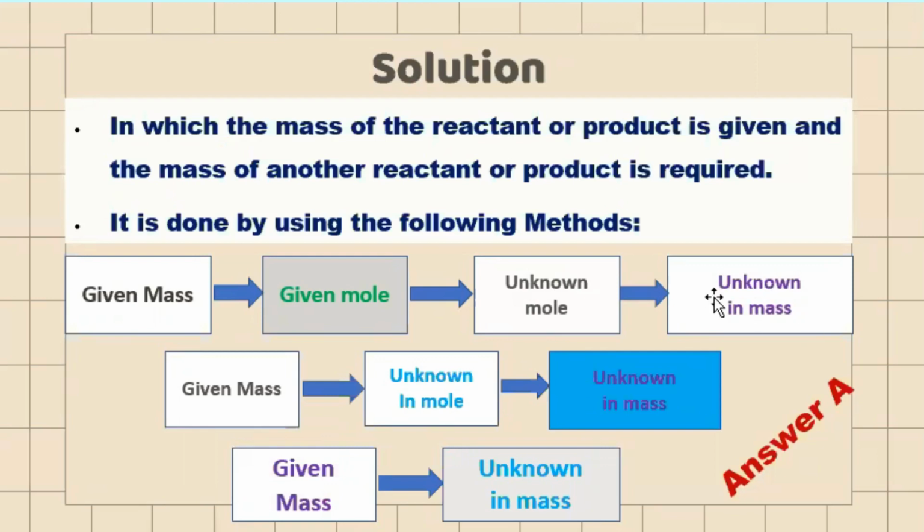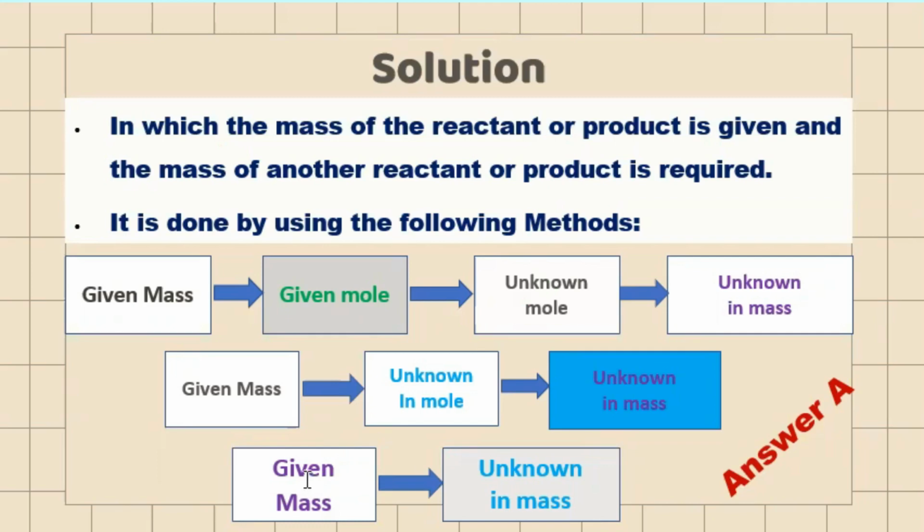At the end you have to find out the mass of the unknown. The second: the given mass is converted into mole and the mole also is converted into mass. This is the mole-mass problem. And the last one: we can directly find out the mass by using what